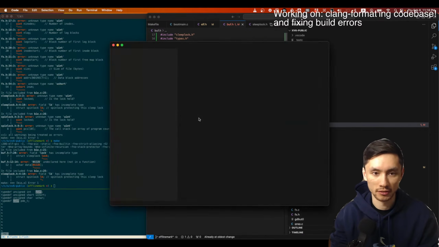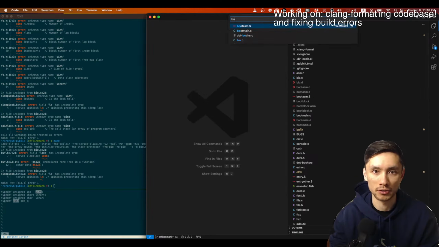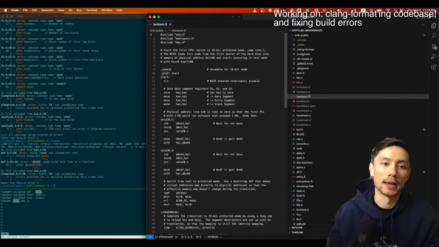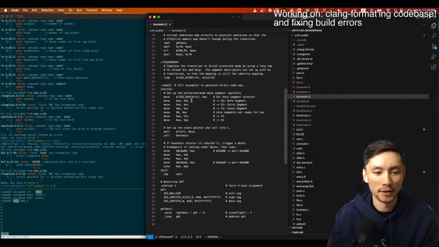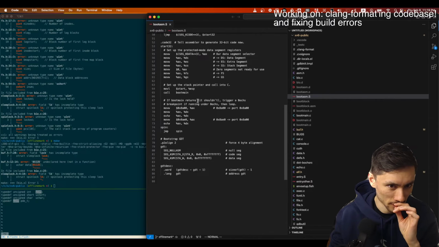If we can just take a quick look at the boot process of how this works right now, first of all, it's assembly. I know a little bit of assembly.